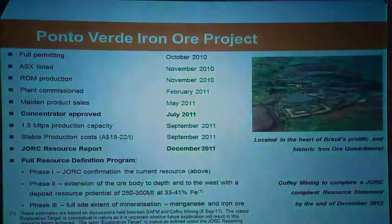We're set up in Brazil. That's our base. That's where our team sits and our work is. And this team sits up in Belo and manages the country for us. To give you a sense of our Ponto Verde project, which is our flagship project and our core right now,